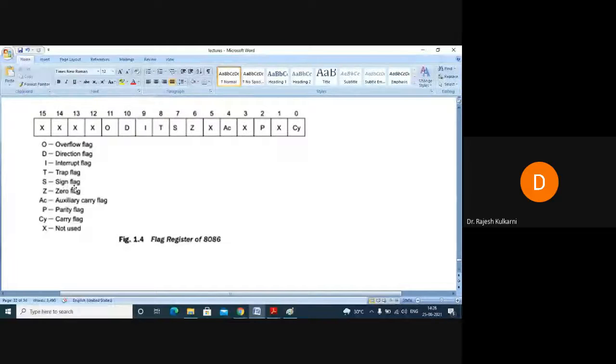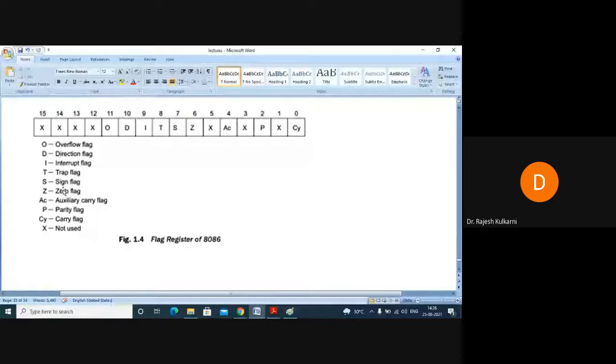The first status flag is the sign flag. Now see the word sign. I know that there is a positive sign and there is a negative sign. If I do some calculation, the result may be positive or negative. So if the result of some calculation is negative, this sign flag will be set. It is as simple as that. So next is the zero flag. If the result of the comparison or the calculation is zero, then this flag will be set.